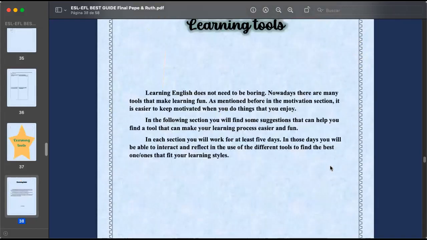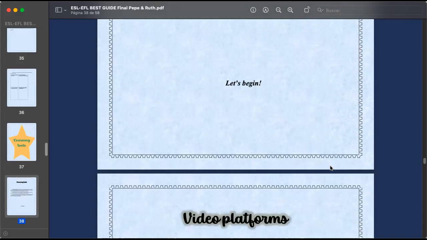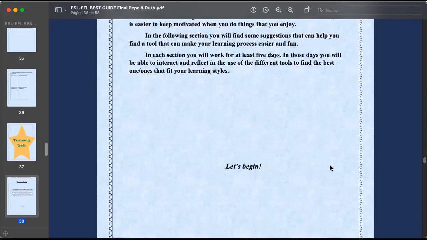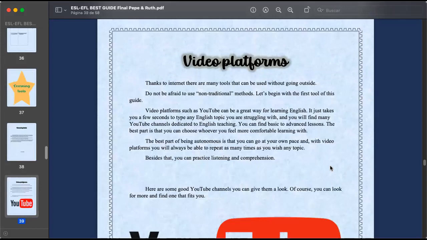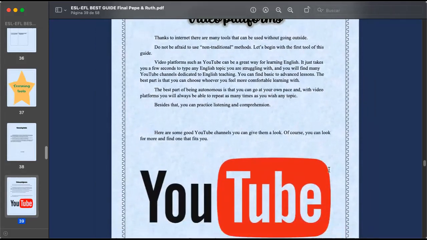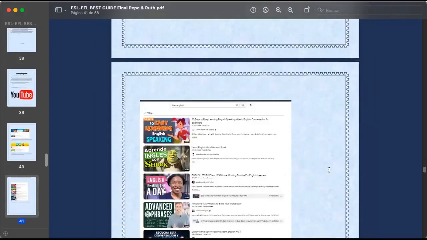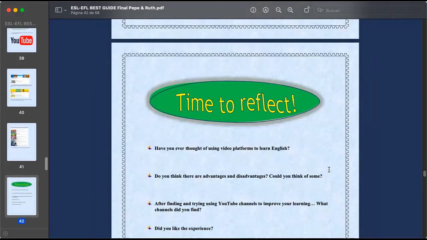Okay, so now moving to learning tools. In this section, you're going to find different ways to learn English, but not really traditional. Because what we wanted to do was to show you that learning English doesn't need to be frustrating or boring, but you can find your learning in the things that you love, and that is going to help you with the motivation. So we have, for example, video platforms, video games, songs, music, books, apps, and in this section